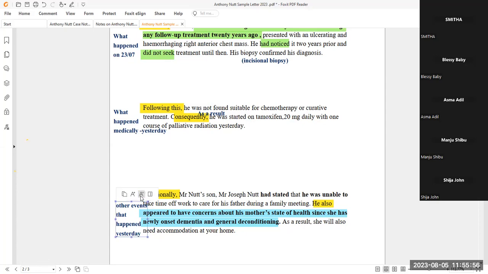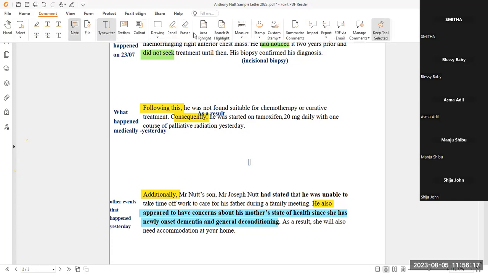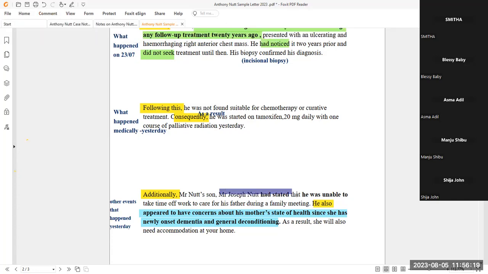Okay, Asma, can you read the next paragraph as well, the first sentence? Yes, ma'am. Additionally, Mr. Nutt's son, Mr. Joseph Nutt, had stated that he was unable to take time off work to care for his father during a family meeting. See, I used past perfect, had stated that he was unable to take time off work to take care of his father during a family meeting. So his son's concern about his father, son's problem with his father,